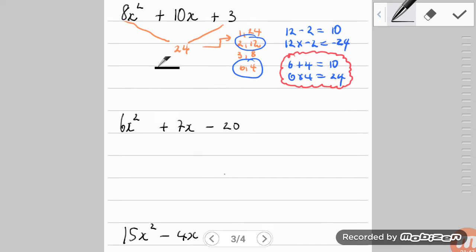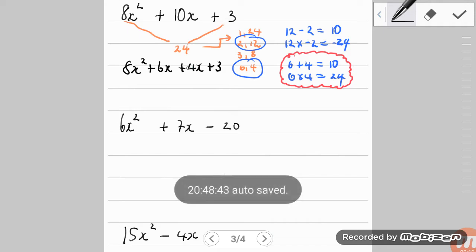So now that we're here, we're going to be doing 8x squared plus 6x plus 4x plus 3. Now earlier I would have said to you that factoring can be made easy depending on the decision you make to do something this way or that way. Now notice here that nothing is wrong, and as I mentioned before, you can put the 4 first, then the 6, or the 6 first, then the 4, as long as they have the correct signs. But what I didn't tell you is that sometimes, depending on where you put it, it might send a different